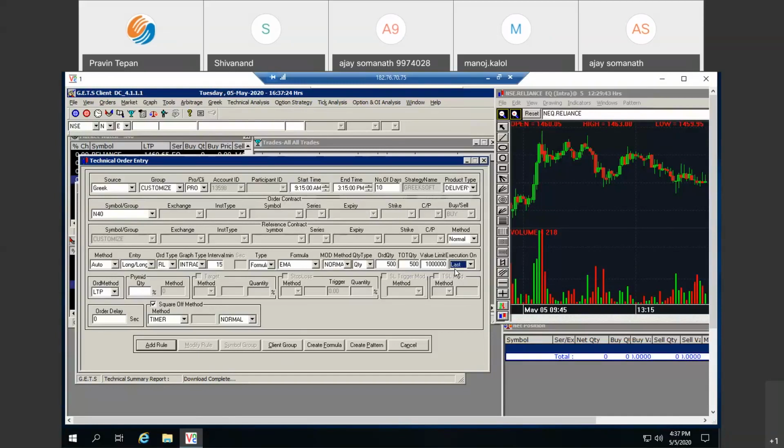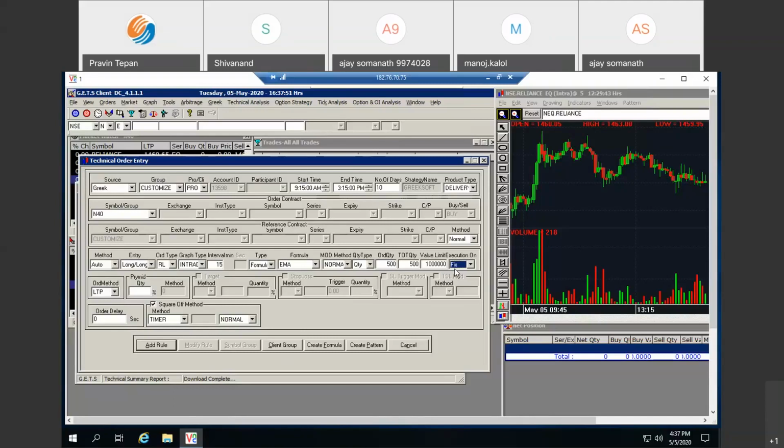And the third option is the fixed price. So fix is actually, whenever the condition becomes true, any condition which you have written in the formula, fix will store the high and low value of that candle. And when that candle's high breaks, then it will buy, and if the low value breaks, it will sell.